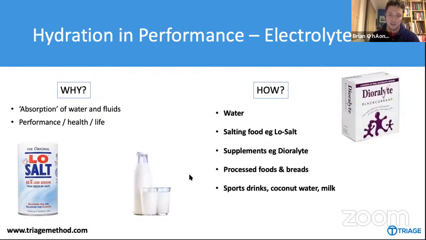Other good sources of electrolytes: sports drinks like Glucoside Sport. Coconut water is a great source of electrolytes and carbohydrates, which we'll talk about later. And then milk, as I already mentioned, is extremely hydrating. It's actually probably the best on that list. So milk is an excellent performance beverage, let's say, or food, provided you tolerate it well and have no issues with lactose. Even if you did, you could opt for a lactose-free milk and still be able to have it, okay? Fruits and vegetables are also an excellent source of electrolytes. And then carbohydrate foods in general, which we'll get onto, tend to be a good source.